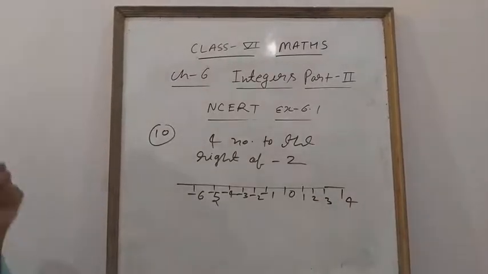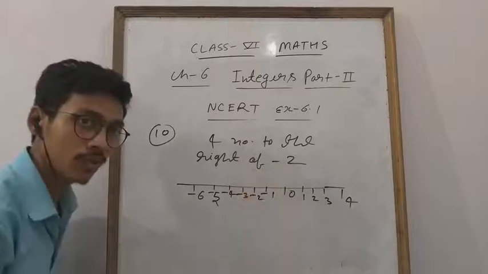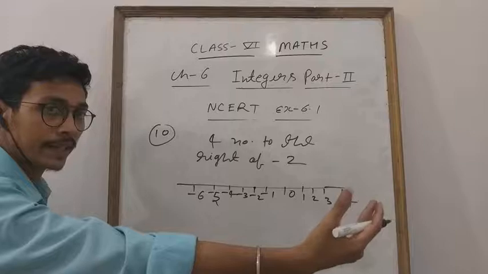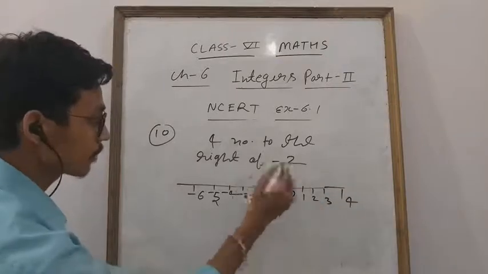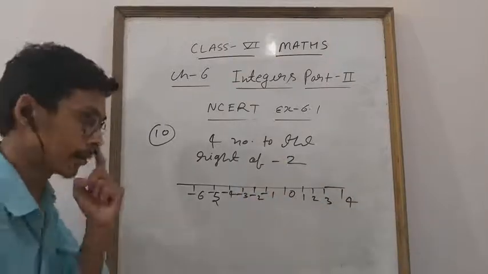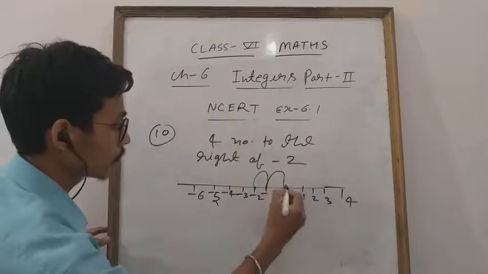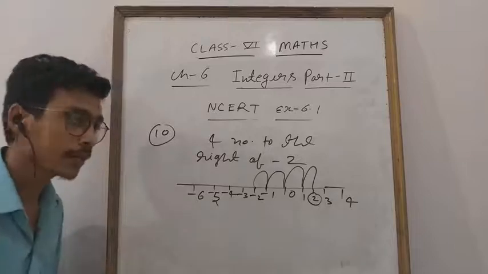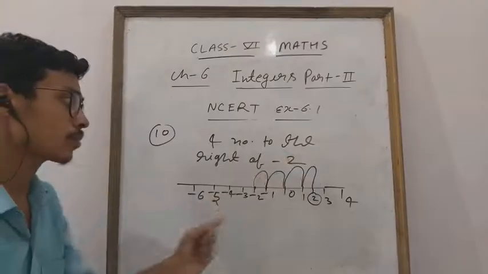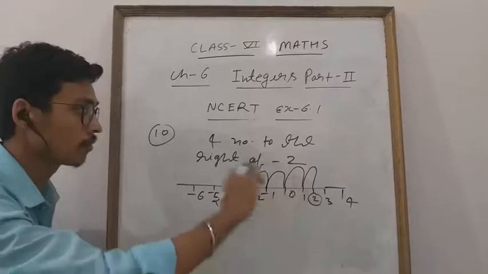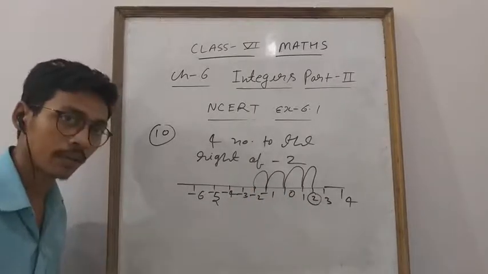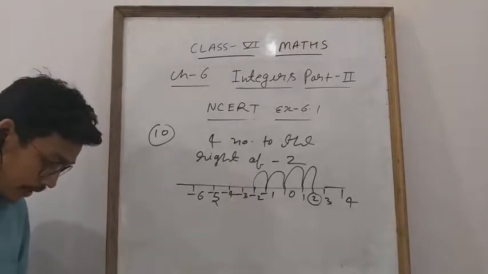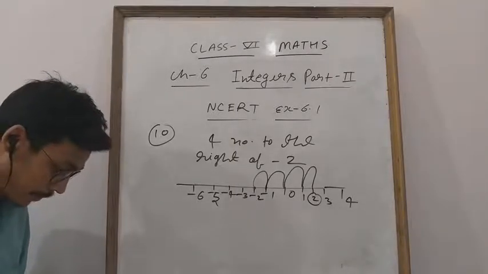Okay, everyone? See, 4 numbers to the right of minus 2. What is the meaning of this? Minus 2 is given here. Right means the right-hand side, this side. First step: 4 numbers to the right, it means you will count 1, 2, 3, 4. So your correct answer is 2. Why? Because 4 numbers to the right of minus 2 means from minus 2, 4 numbers on the right side. So it will come 2. On the basis of this, many questions are given, so you will solve all the questions for better understanding.